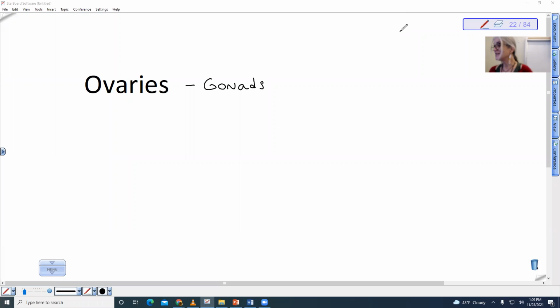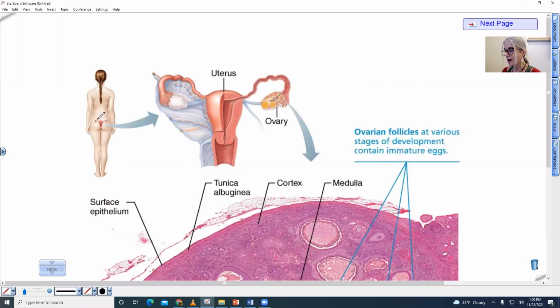Okay, so when we talk about the ovaries, these are examples of gonads, and these are actually homologous in terms of coming from the same embryonic origin to the testes. The testes, I mentioned, are located outside of the body cavity, but the ovaries remain in the body cavity, and they're in the pelvic region, and they're protected by the pelvic girdle. So when we look at the location of the ovaries, we can see that they're rather low in the pelvic